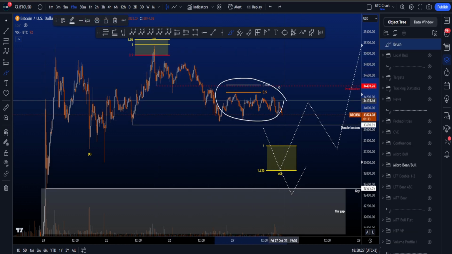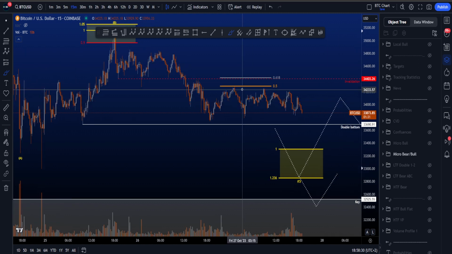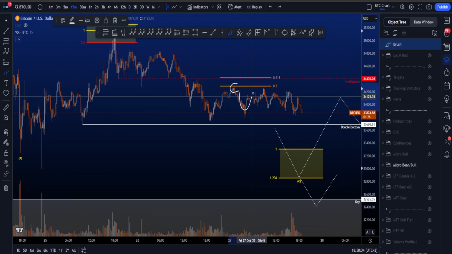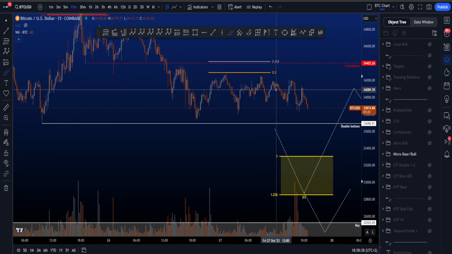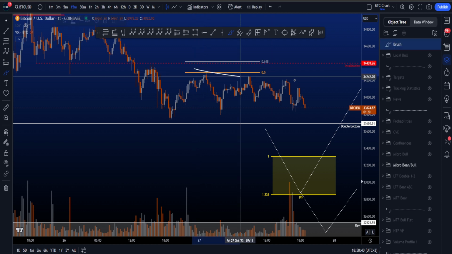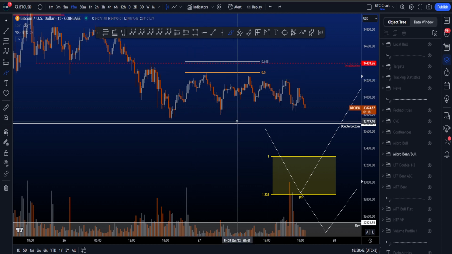For a wave 4, the 0.5 is the maximum target, which has been hit over here, and from that moment onwards, price has been incredibly sideways. Definitely looks like a complex structure. Not really happy to label this as a triangle because the subwaves don't add up for me,